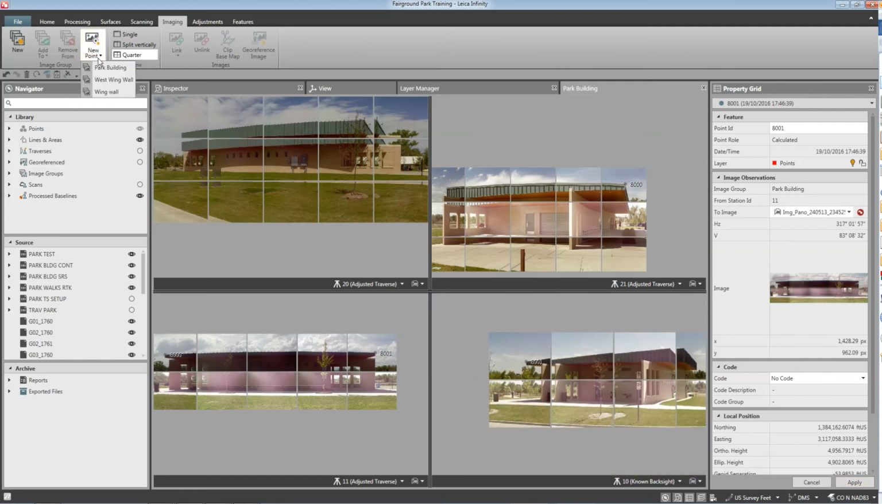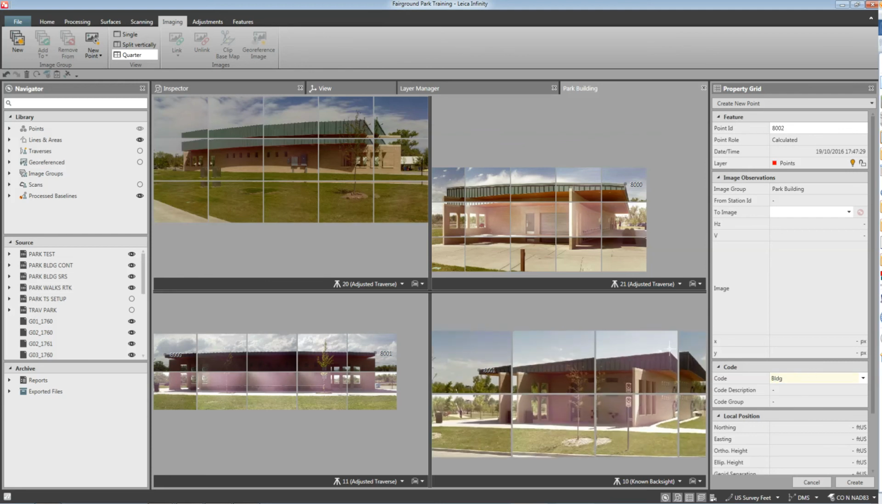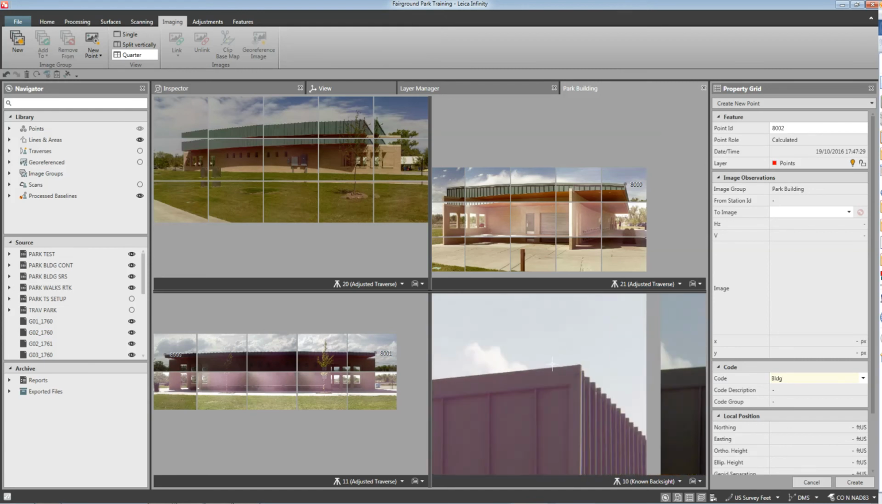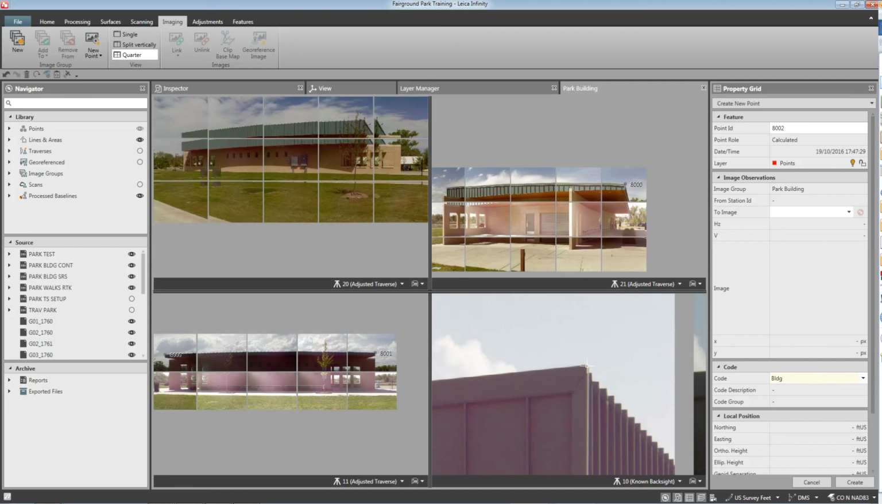And I'm going to create a point, and it will be 8002. Code will be BLDG. And I will zoom in on the next corner. You notice with the panoramic there is some overlap, and whichever one works best you can use. It doesn't matter, they're the same corner. And then I will pick my next corner, which would be